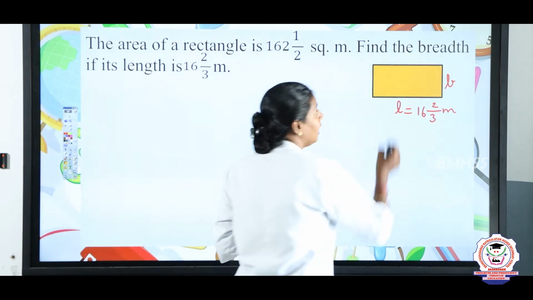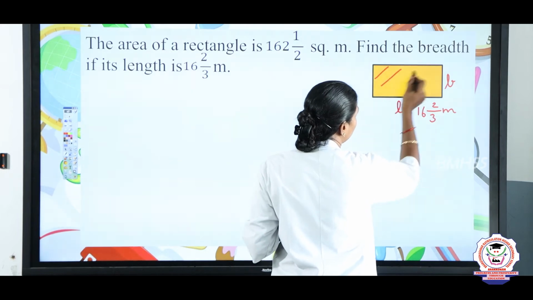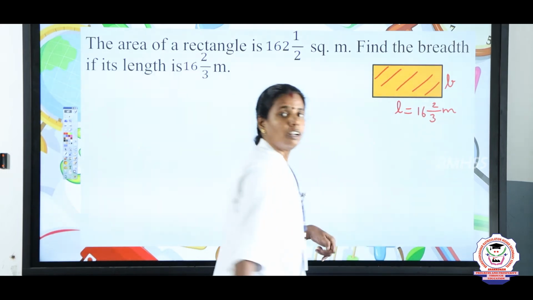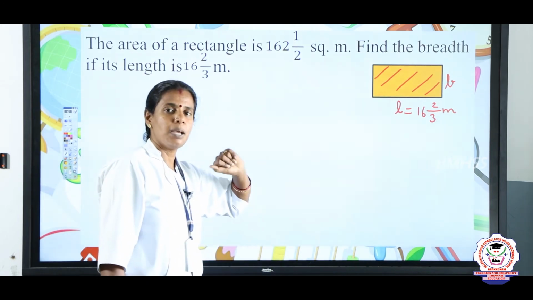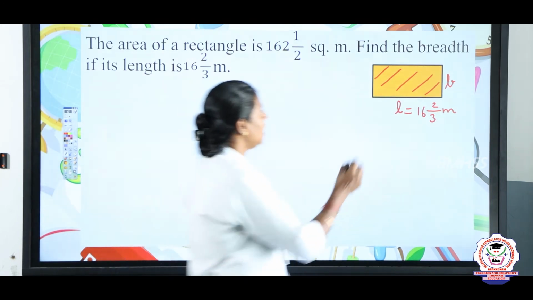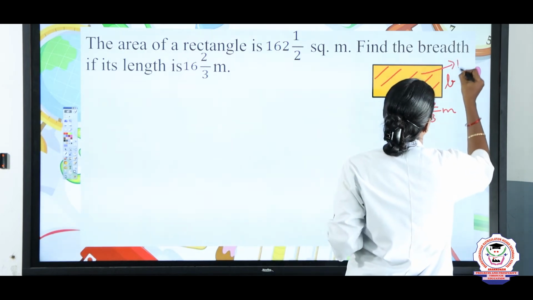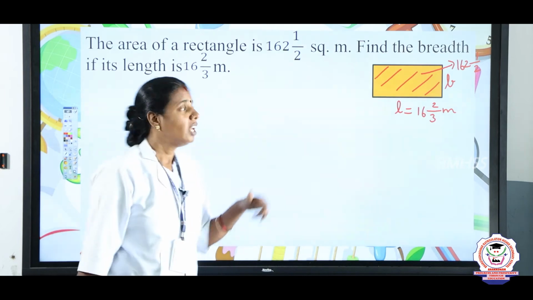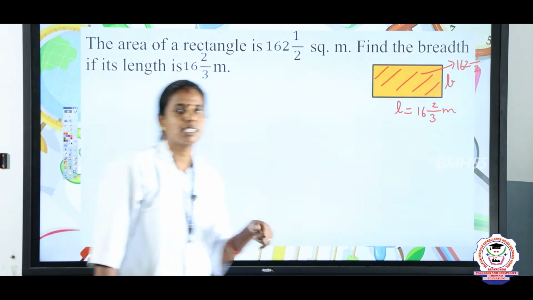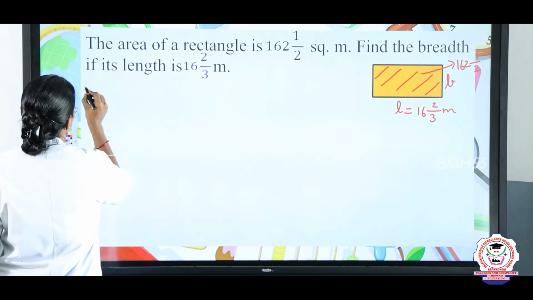Okay, and area is nothing but the space enclosed by a closed figure. The space occupied inside the shape is the area, which is given as 162 1/2 meter square. Okay, how to find the breadth now from this? See, the solution is